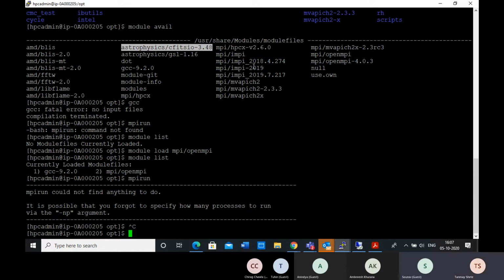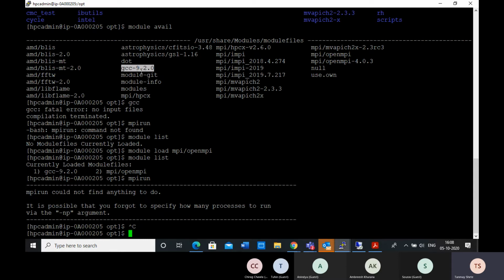For example, you can see here that IMPI has 3 versions. Intel MPI, there are 3 versions: IMPI 2018, 2019, and then another 2019, this July or something. So you can use any of them. Similarly, you can have GCC 9.2 and then GCC 7.2 and all those things.